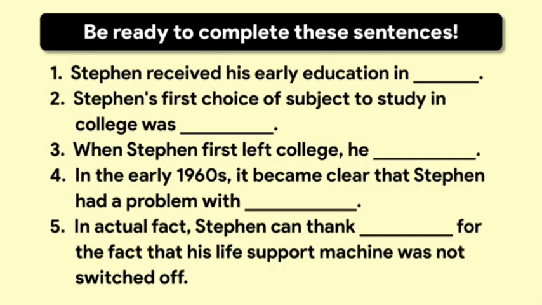Stephen suffered another blow to his health on a trip to Geneva in 1985, where he caught pneumonia, a condition of the lung, and was rushed to the hospital. The hospital in Geneva suggested to his wife that it was not worth keeping the life support machine on, but fortunately, she did not agree with the consultants. He was flown back to Addenbrooke's Hospital in Cambridge, where a surgeon named Roger Gray carried out an operation to remove his voice box. That operation ultimately saved his life, but meant that he had to be given a computer system to enable him to have an electronic voice. So, that was obviously a life-changing thing for Stephen.